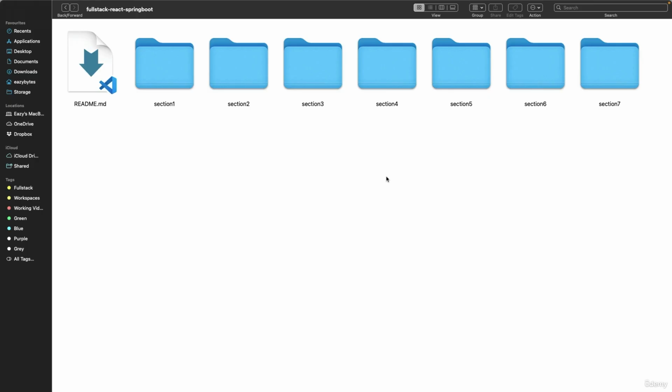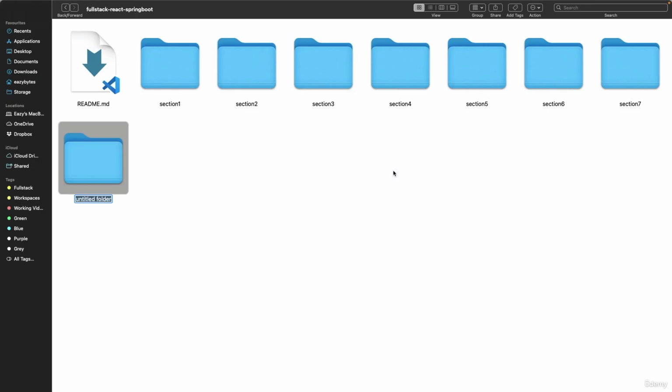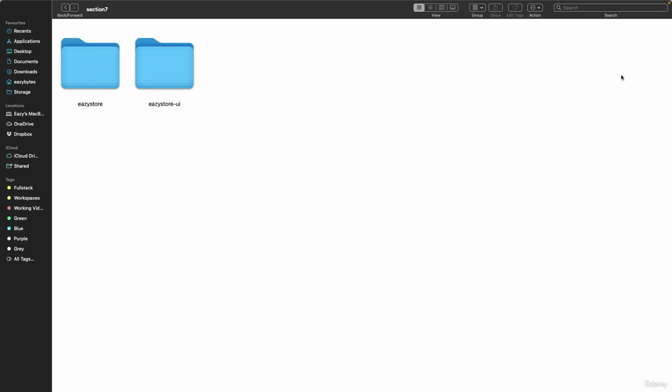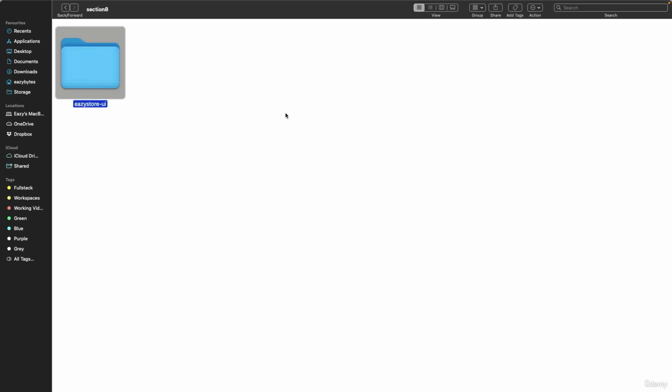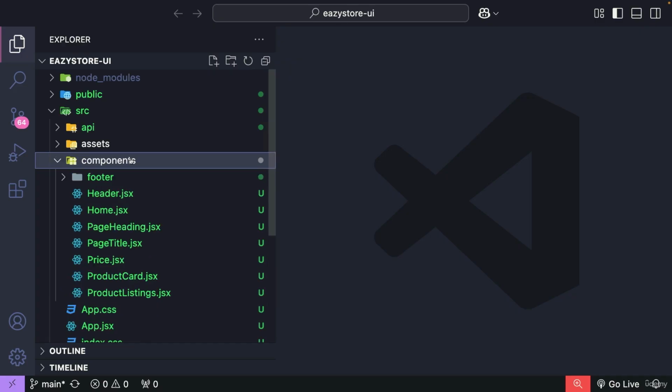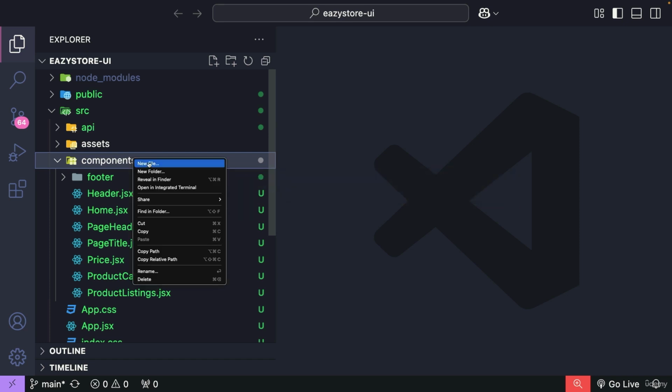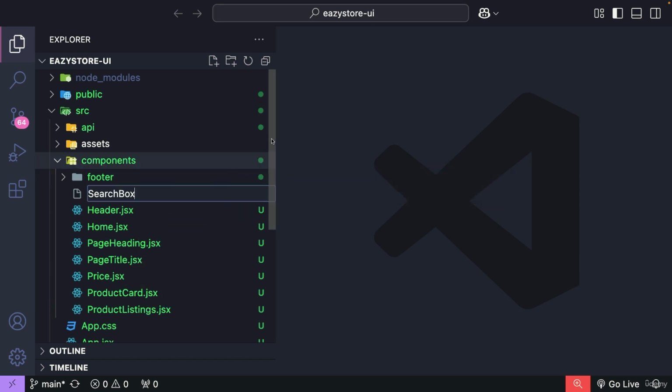Since we are into the new section, I'm going to create a new folder inside my workspace. The folder name will be section 8, followed by I'll try to copy the UI application project from section 7 into section 8. Let me try to open this project inside Visual Studio Code. Under the components folder, I'm going to create a new file with the name